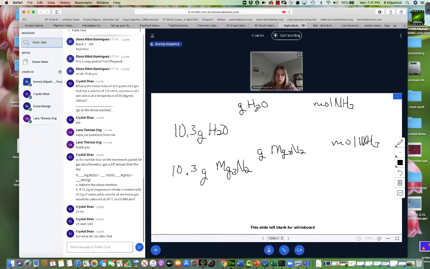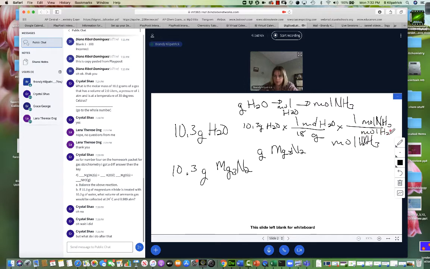So we're starting with grams of water. We have to go to moles of water first. We always go to moles of what we have, then we can go to moles of what we want. Okay, so I have 10.3 grams of water. 1 mole is equal to 18 grams. Okay, so now moles of water will go on the bottom, moles of ammonia on the top because that's what we want. So when we balance that,